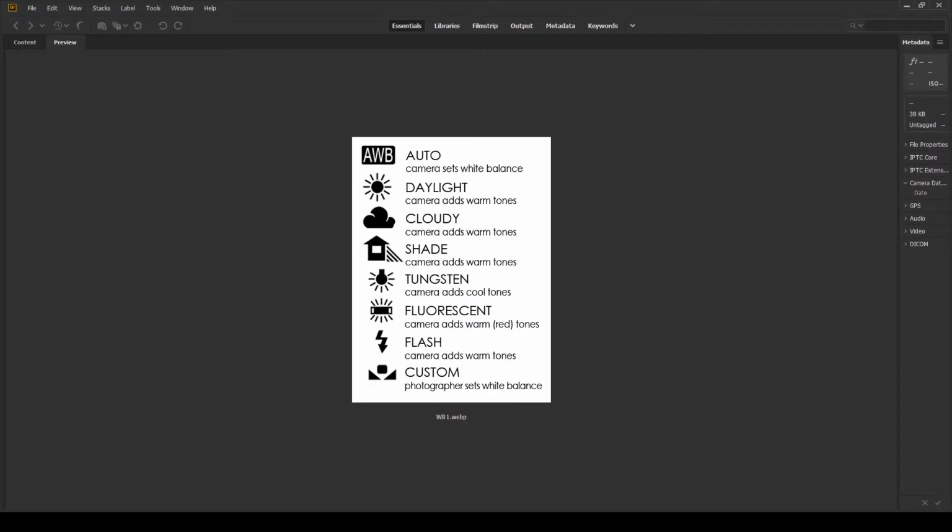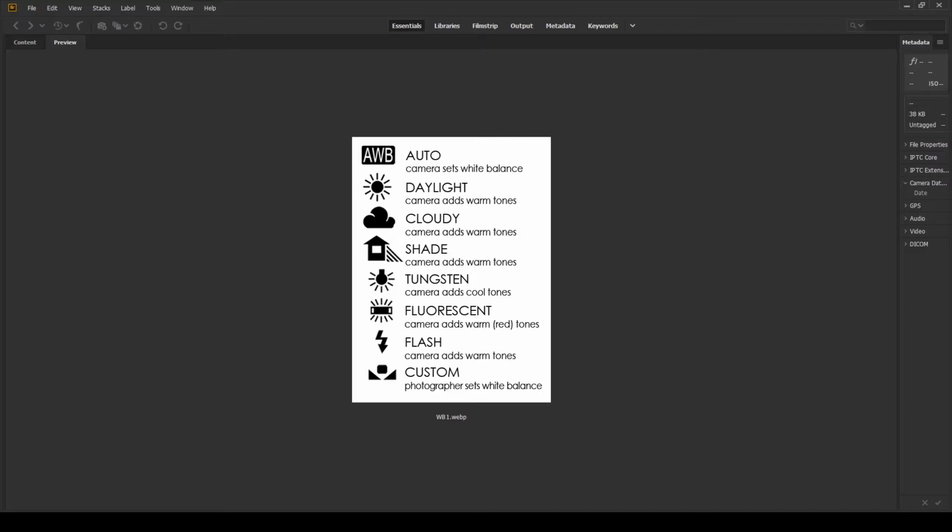The third method is setting your custom balance on your own. Basically you check the mood of the picture, you check the mood of the environment, and you can set your custom balance. Either you set it to cooler tones, or you set it to neutral, or you set it to a sunny day. So it's up to you how you analyze the environment and how you want to get the picture to be more creative. So either you want to make day into night, or you want to make night into day. So it all depends on your color balance, and you can set this manually.